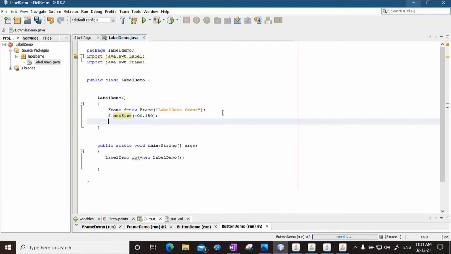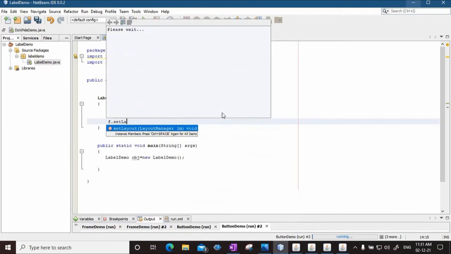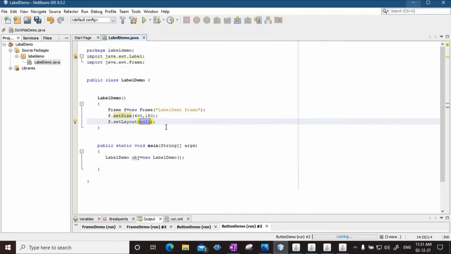Now as I have said, there are different layouts. Right now we are not using any layout, but I will show you a method called setLayout. Later on we'll see there is something called the layout manager, which will enable you to have different layouts in your frame. Otherwise, as we have seen in the previous example, the button appears on the entire frame.